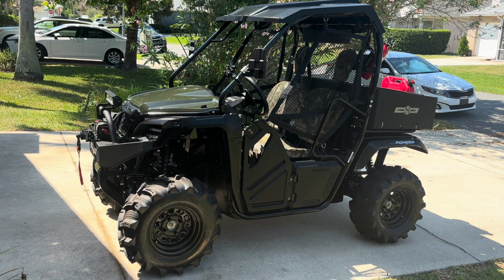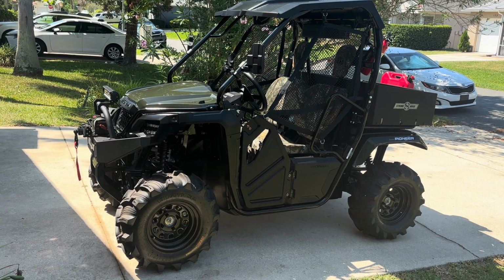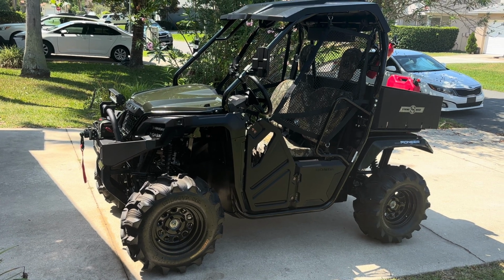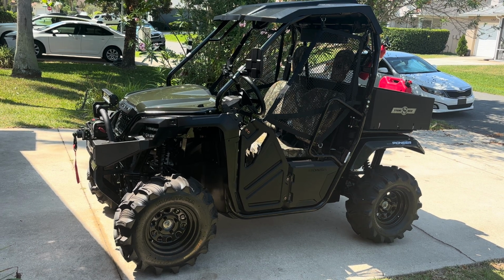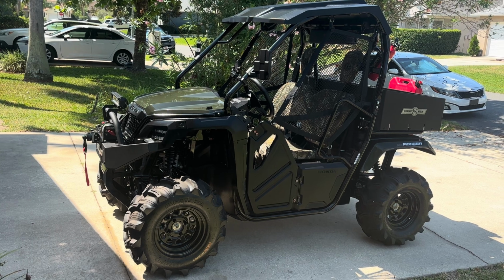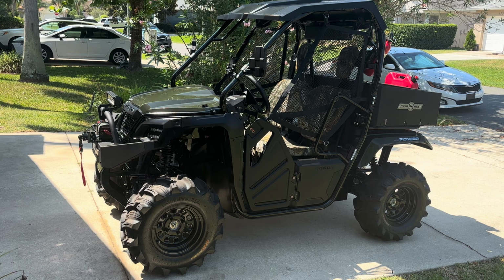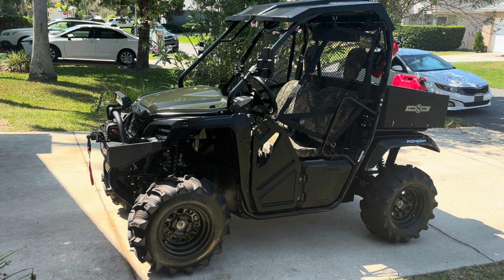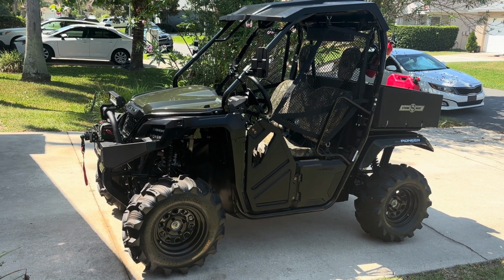The Honda Pioneer 500 with stuff. So a little bit different today. Wanted to kind of share what I've been doing here lately, and I've been working on this thing. Now some of you may ask, why didn't you get the 520? It's got a dump bed. Why didn't you get the 700, 1000, whatever? I didn't want to. I just kind of took this on as a project. I don't need a dump bed. I just don't. So anyway,